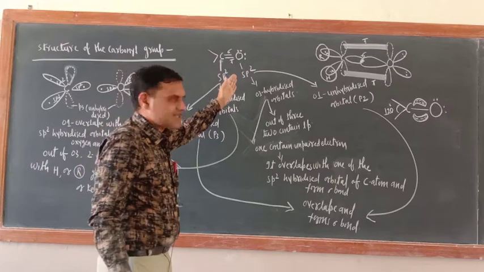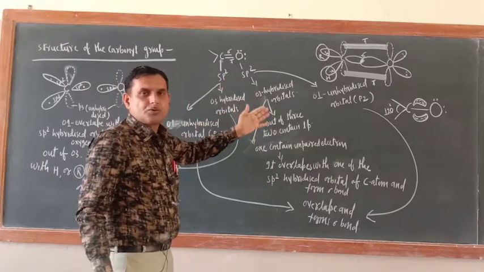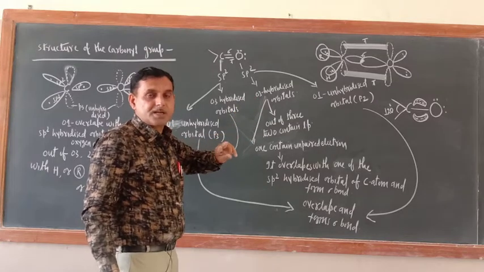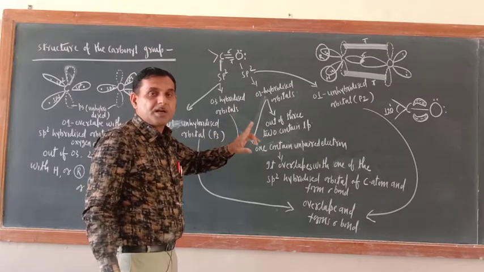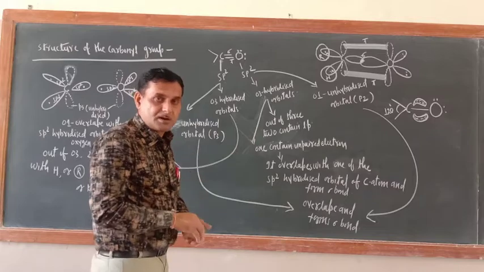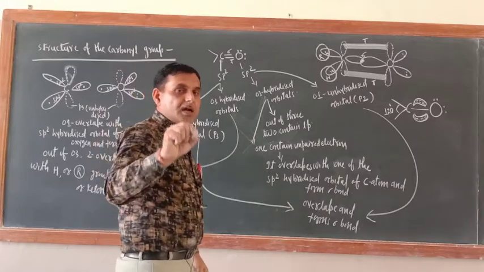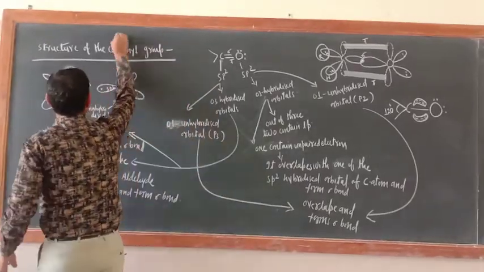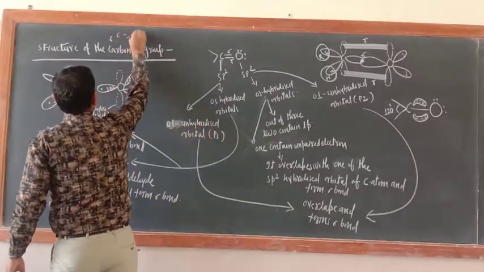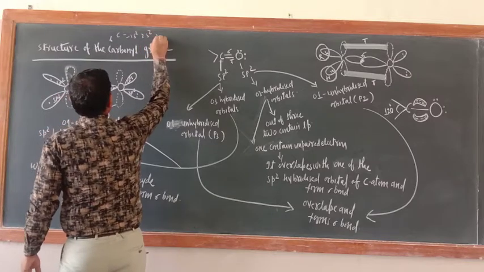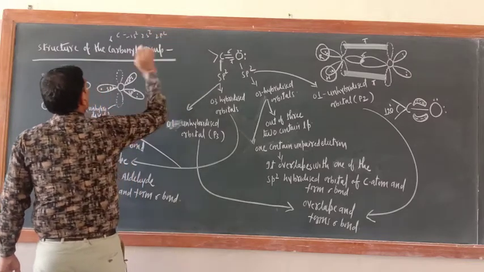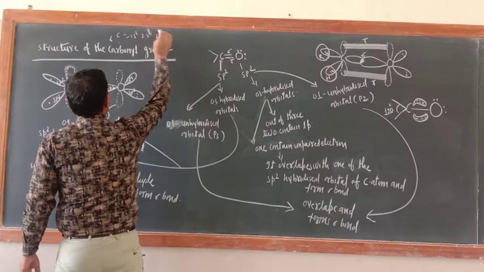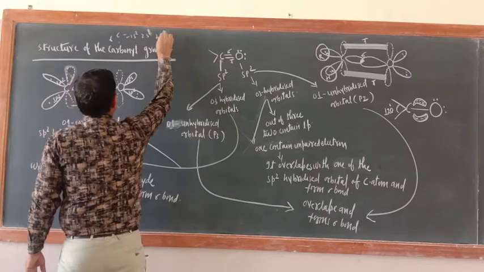Same is the case with oxygen: 1s2, 2s2, 2p4. Since there are 4, px is completely filled and py, pz are not filled. Are you getting my point or not? Somewhere you should write it, otherwise confusion would be there. Carbon 6 means 1s2, 2s2, 2p2 in ground state. In excited state, 2s1 and 2p3.